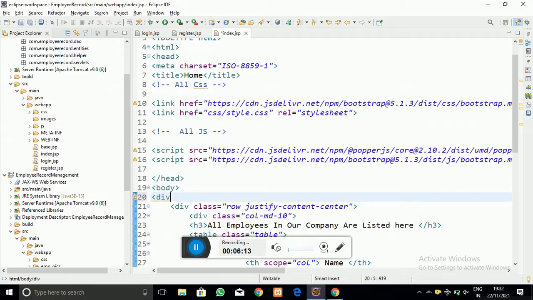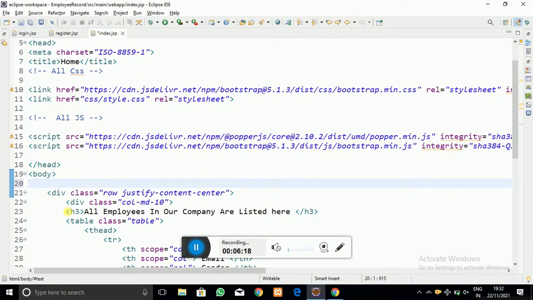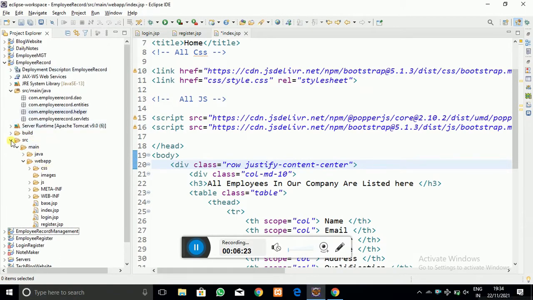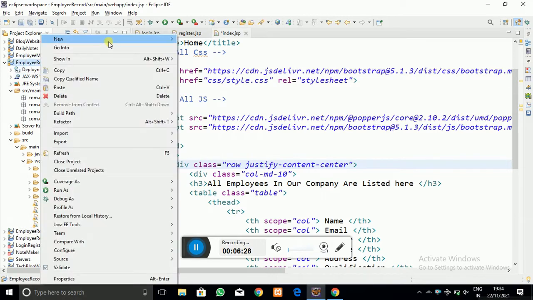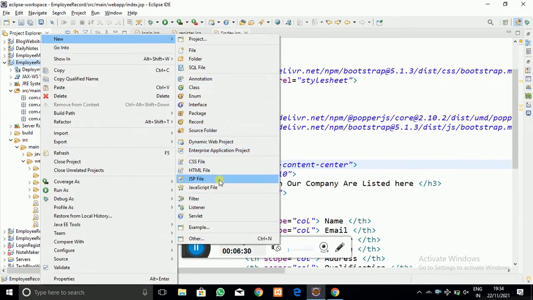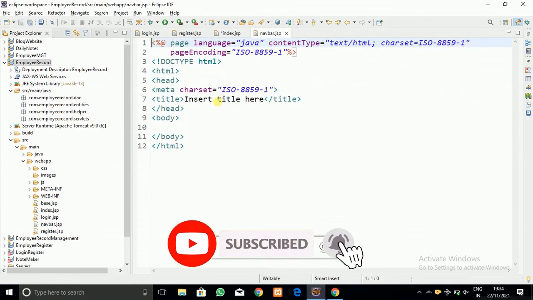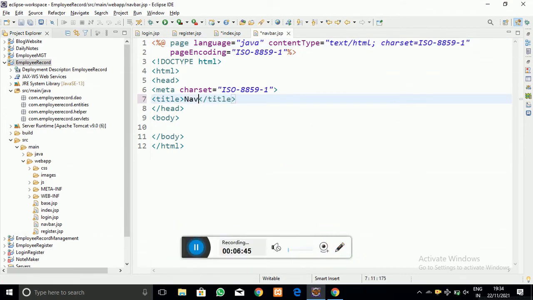Bootstrap is one of the greatest frameworks which you can use for designing web pages, and it is so easy to use, as you can see. Now for the navigation bar, I am going to create a new JSP file and name it navbar. You can see the file is created in front of you, and that file I am going to include in my home page. Let me give the title as navbar,